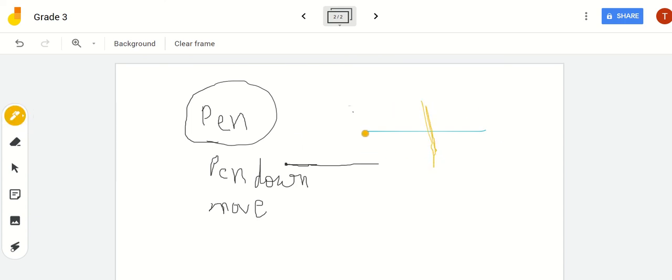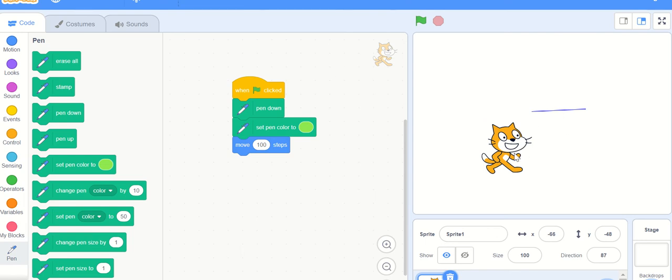Now what we have done, we have simply created a simple horizontal line. Now what we will do to make a vertical line? Now we know that after making the line, our sprite is here. Okay, now we will move our sprite back to the middle of the line. After moving the sprite, we can easily draw the vertical line over the horizontal line. Okay, now see how we can do this.